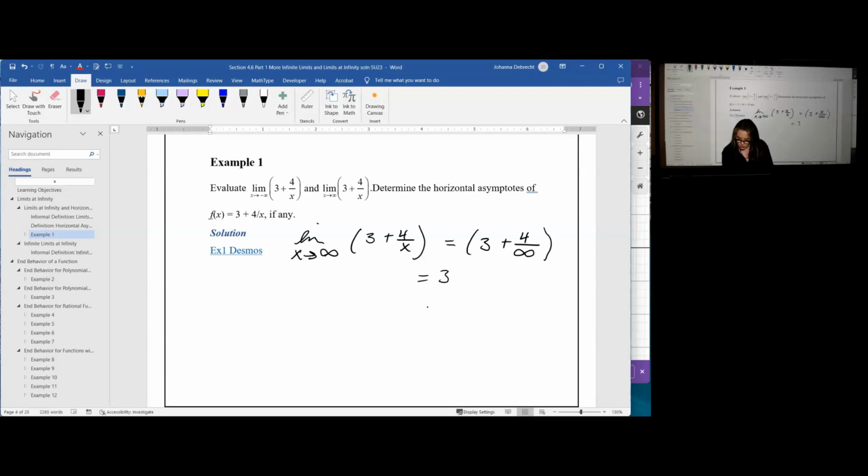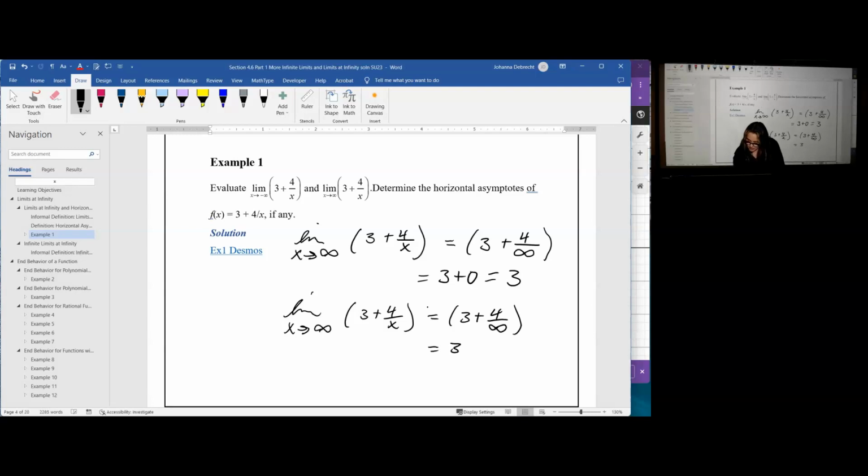And this gives me 3 plus 0, which is 3. If I take the limit as x approaches negative infinity, then I'm also going to get the same value. Now, before you think, oh, they're exactly the same, there is a slight difference. So let's take a look at what this slight difference might be and think about why it's happening based on